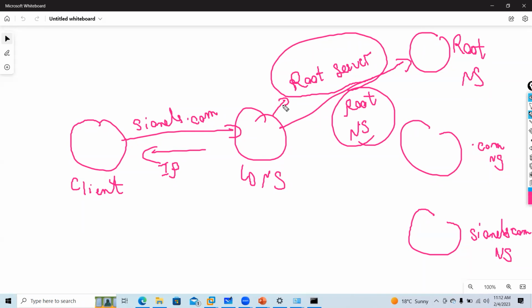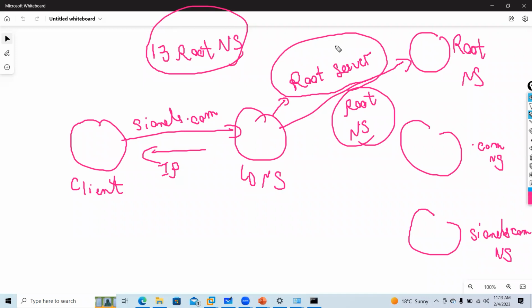So I will go here in my laptop. When I talk about root servers, guys, there are 13 root name servers which are fixed on the internet. These do not get changed. Your root servers do not change. So it is fixed. In the world, you have 13 root servers, total 13. You need to understand what these 13 root servers are.